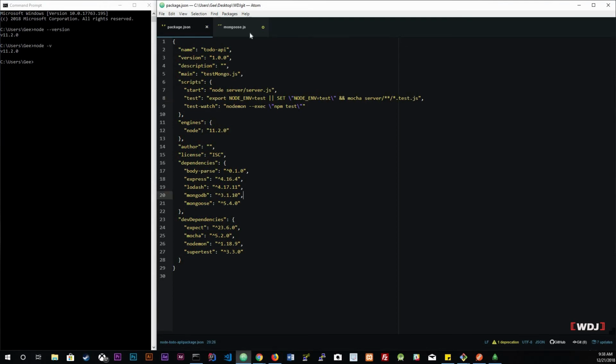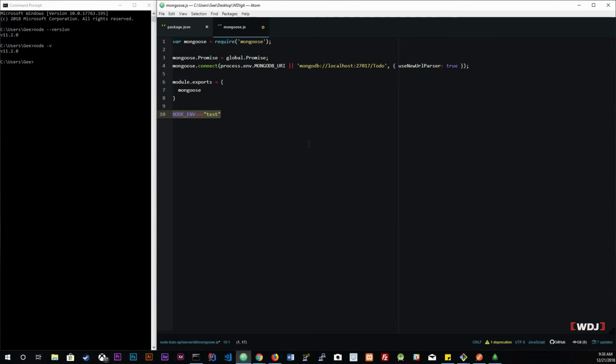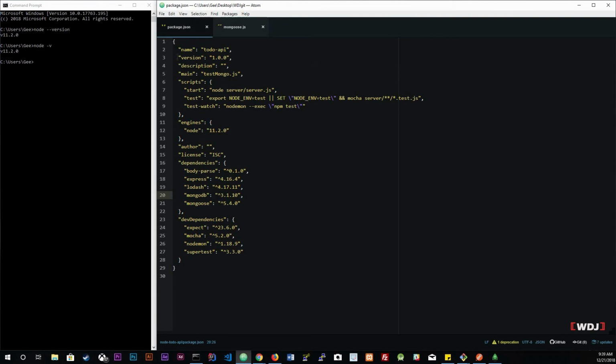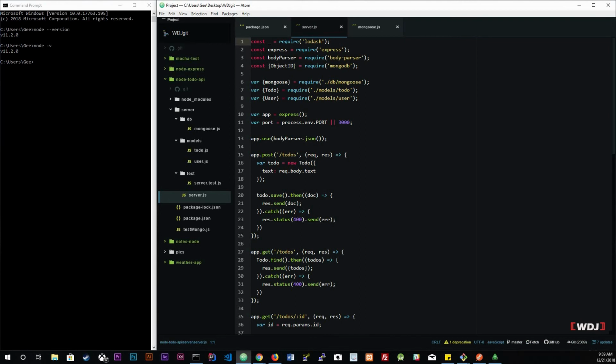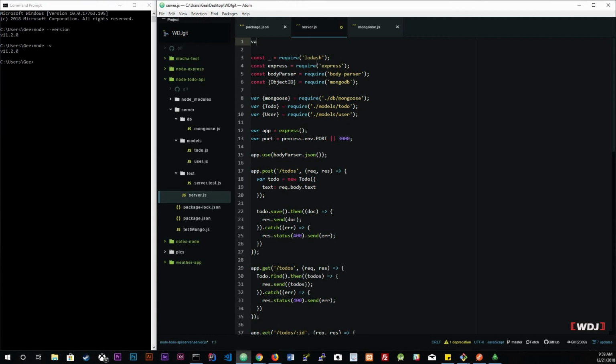So I'm just going to Control-S save that. Let me see, go back. Okay, we're actually going to mess around with this. Now we're going to go into our server.js right here. And at the top, we're going to create a variable called env, for environment. We're going to set that equal to